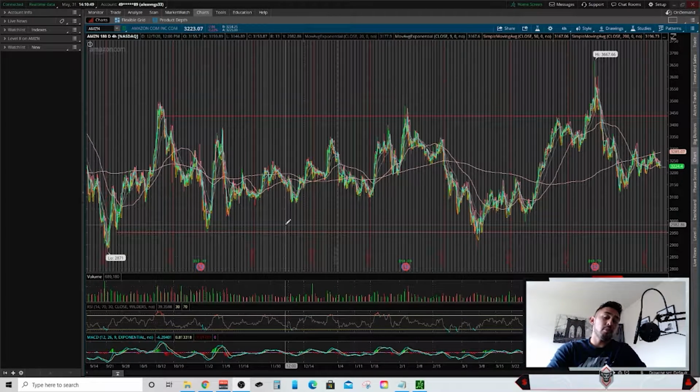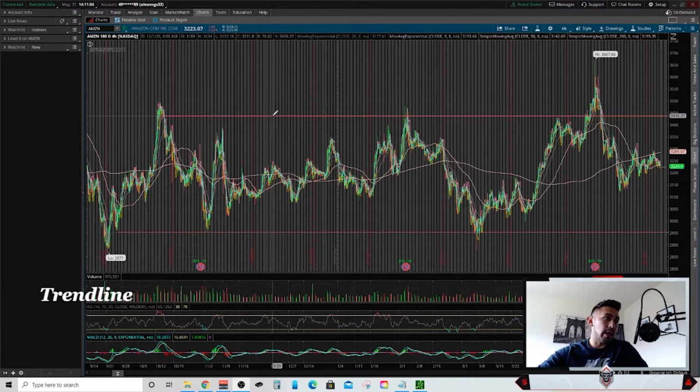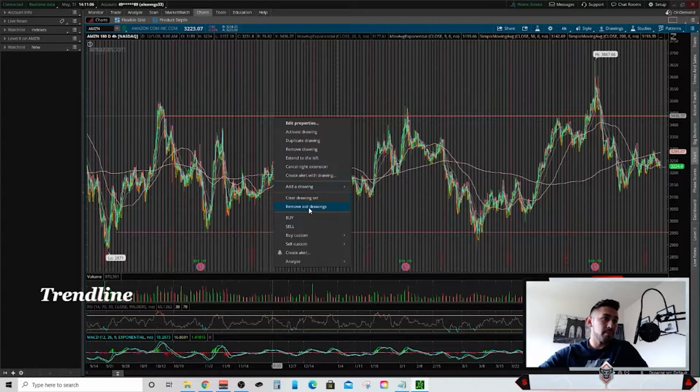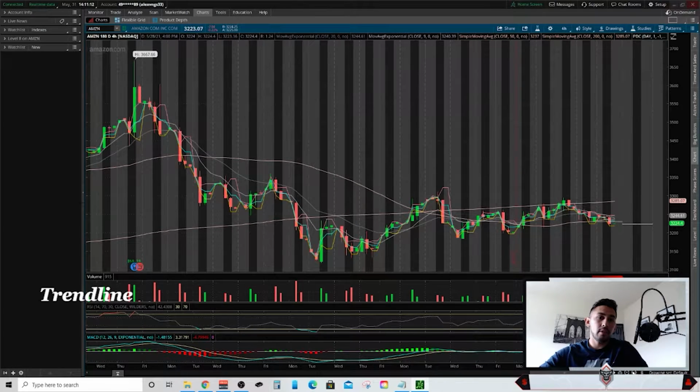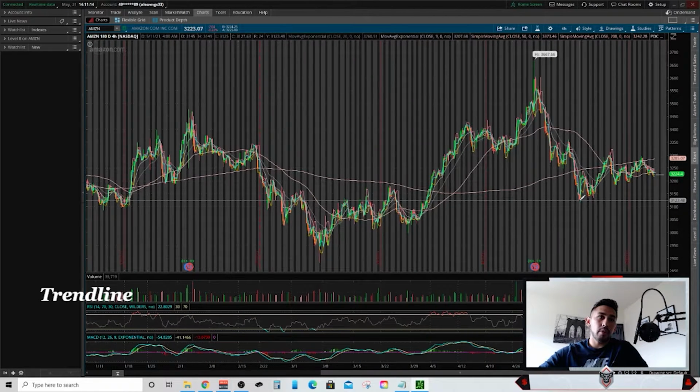The second style of support and resistance is called a trend line, and it has the same concept. You connect the bottoms and the tops to form resistance and support levels. But in this case, trend lines are either angled up or they're angled down. And I'll show you an example. So we're going to remove this drawing and this one down here, and we're going to focus on this area right here.